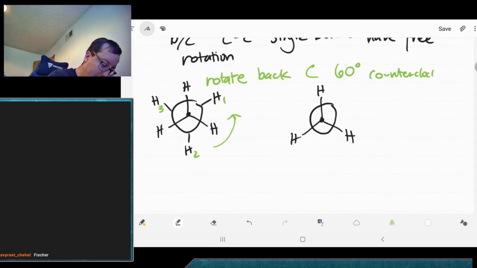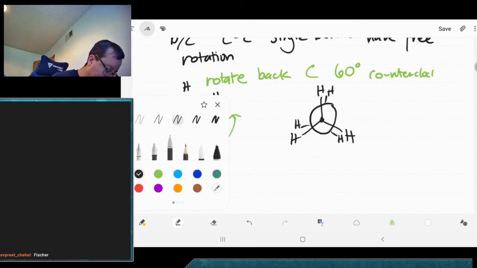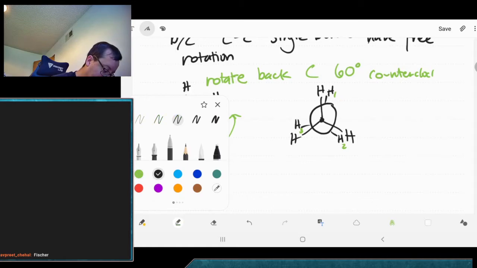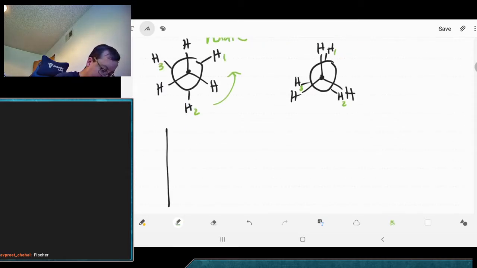And now we've got all of our bits here kind of scrunched up right next to each other. This is H1, that's H2, that's H3. I've just rotated them all a little bit counterclockwise. So I've rotated my back carbon 60 degrees counterclockwise. As a result, we now have them kind of sandwiched between each other. And we're going to see that if we were to just kind of look at energetics here,